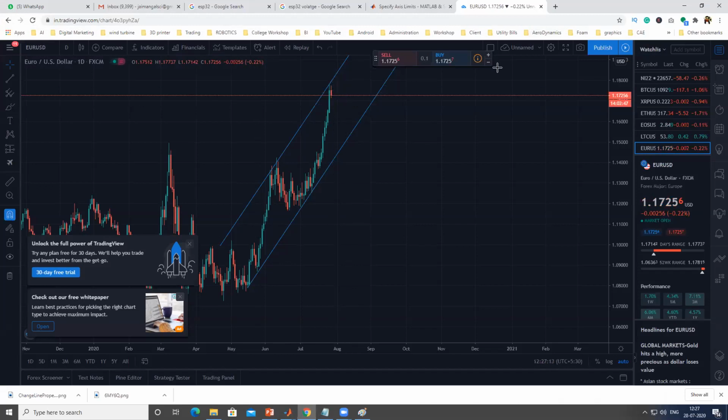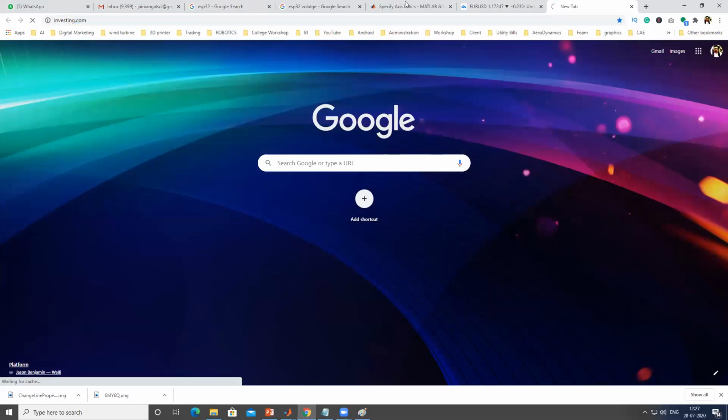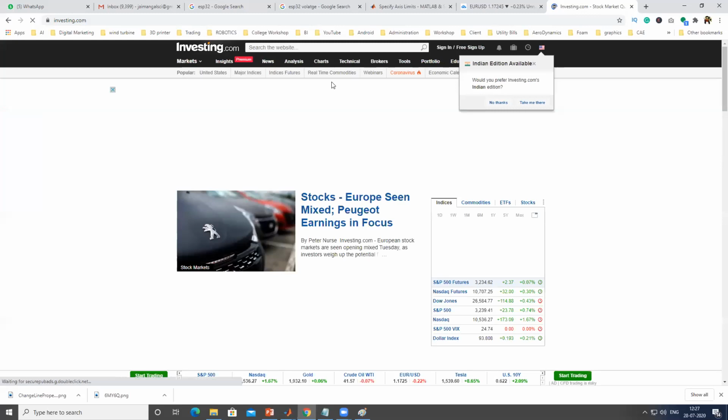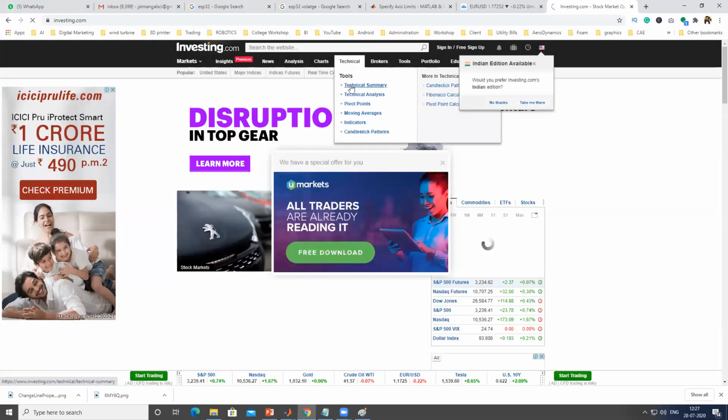There is one more site called investing.com. This is also a very good site because it gives you the data in Excel format, so we can easily import the data and do the analysis.